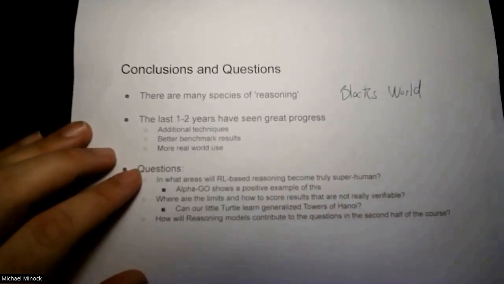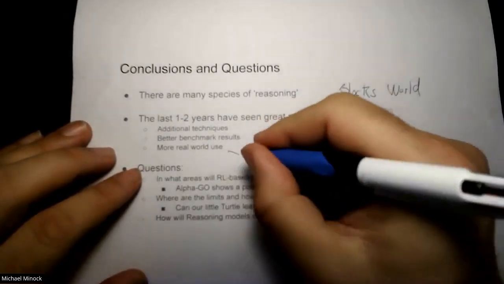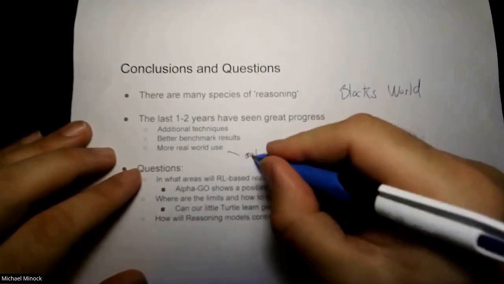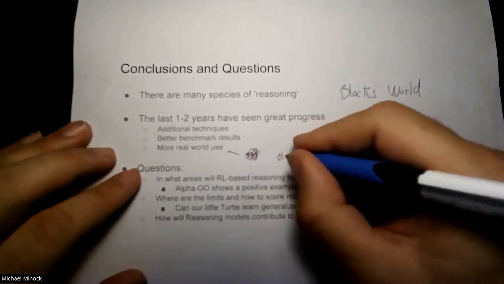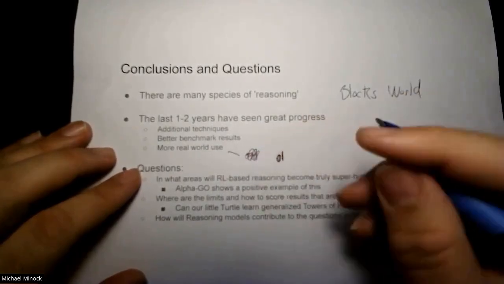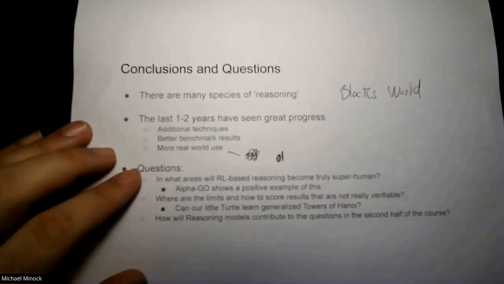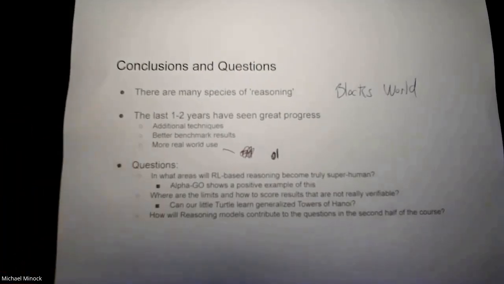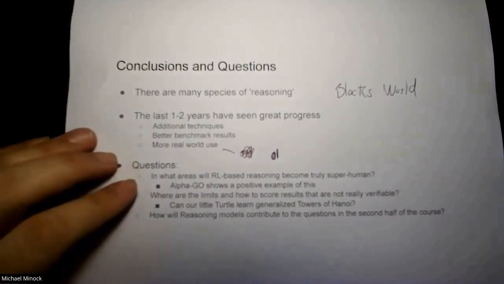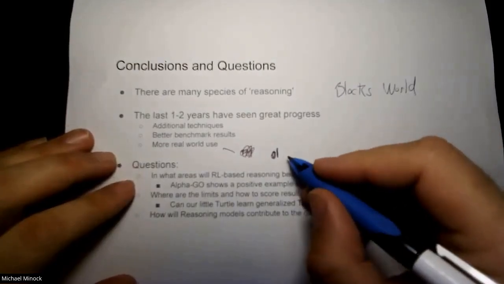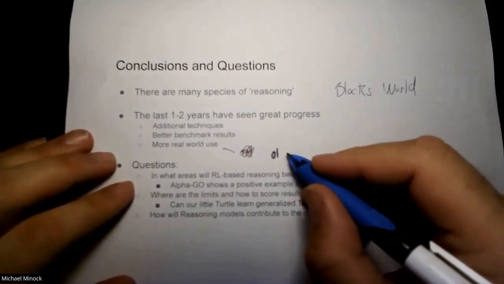more real world use because people are using O1, right? It's been available. I don't know when OpenAI made it available, but it was after last September. People have been using O1 to see what they can get out of it. As far as I understand, it hasn't really discovered anything new. It still seems to be almost mimicking what it sees in the data sets. But the argument or